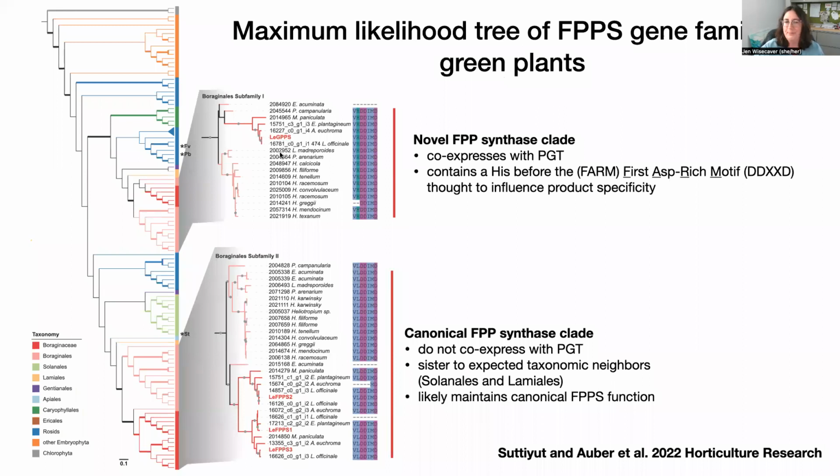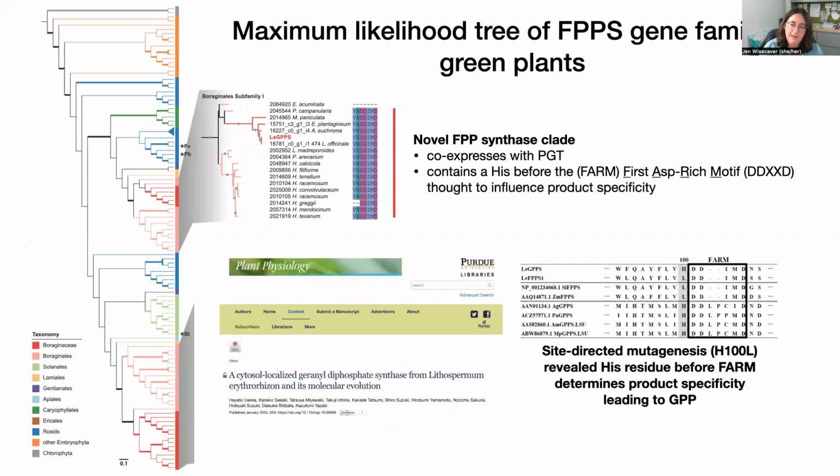It's a little confusing, but this gene co-expresses with PGT, and you'll notice that the genes in this clade all contain a His residue before the FARM motif, or the first aspartic acid rich motif that's thought to influence product specificity. So we thought that this was very interesting, and then another group beat us to the punch, unfortunately, and